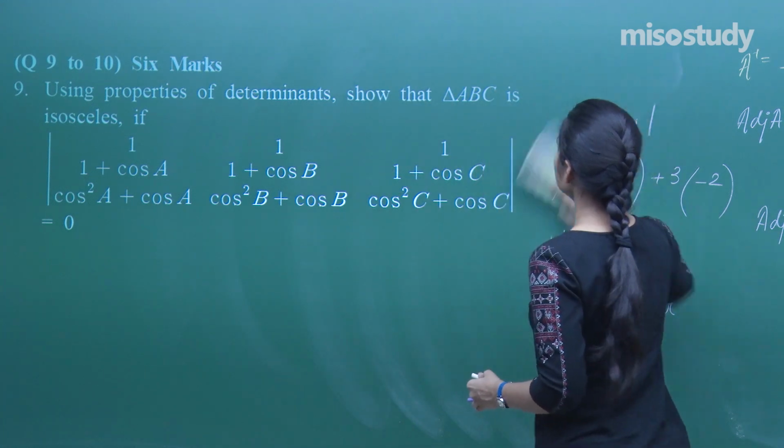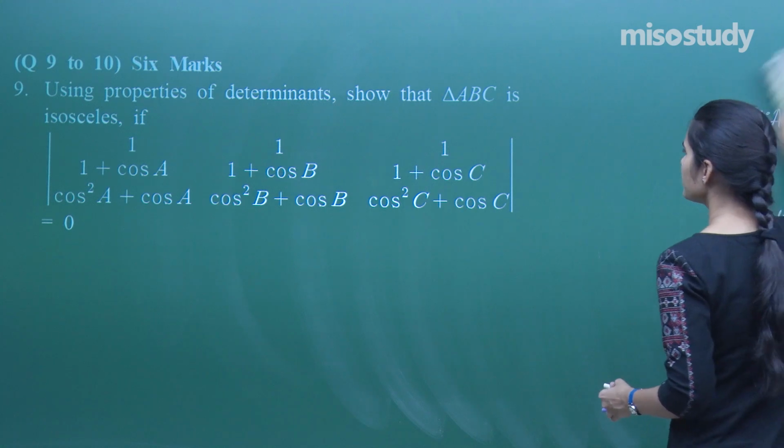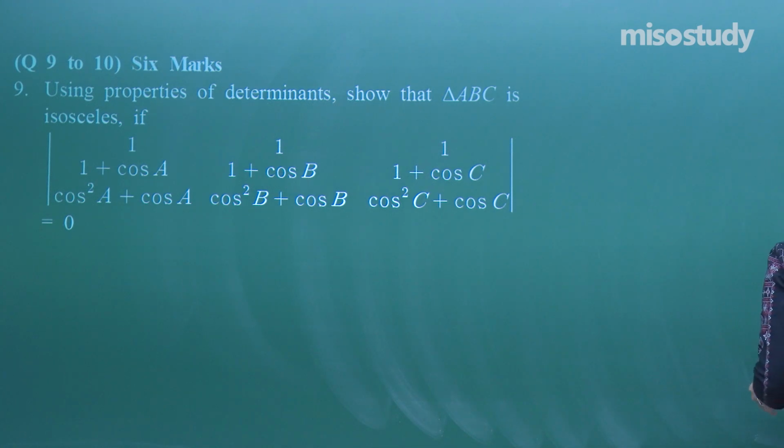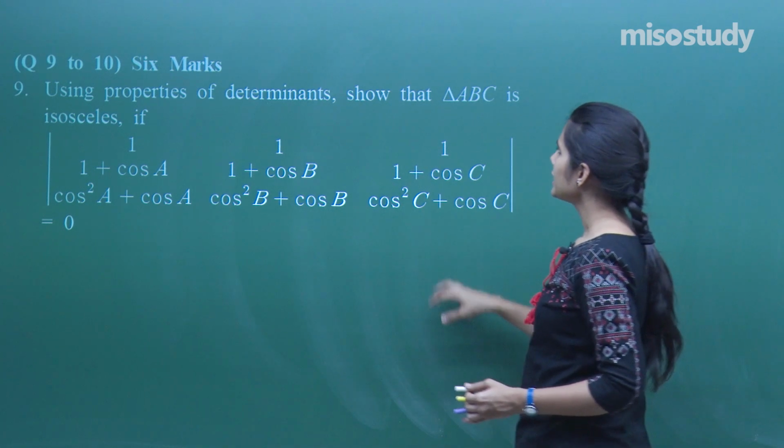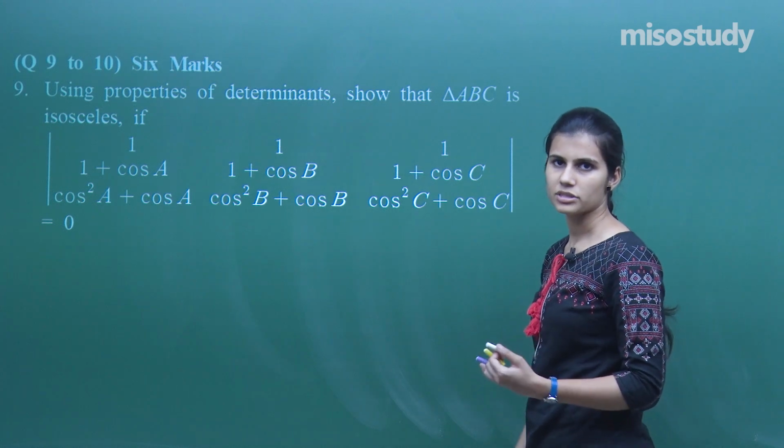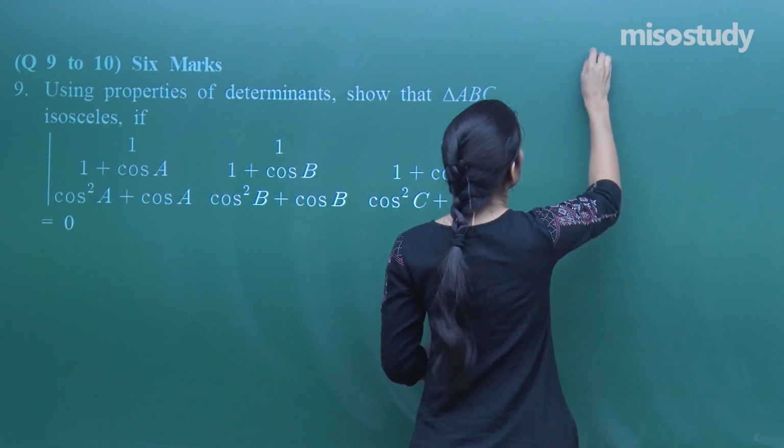that triangle ABC is an isosceles triangle if this particular determinant's value is 0. Let's just consider this determinant and see, by solving it, applying transformations, what are we able to eventually get regarding the angles of ABC or stuff like that. So we have,